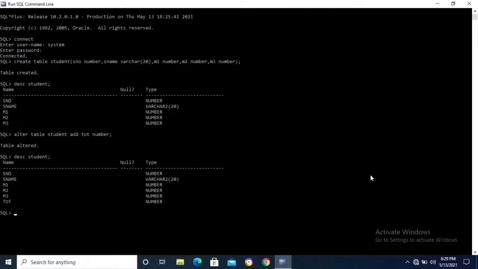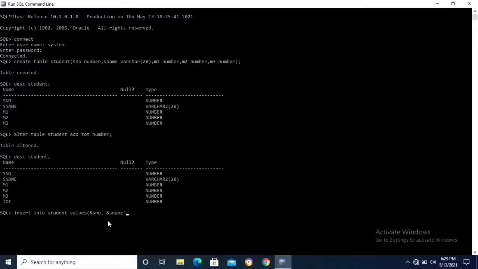Next, insert the values in the student table. So the insert command is insert into student values. My table name is student. So student values. This is the insert command. Open bracket, ampersand, first field name student number, comma, quotations open, ampersand, student name.